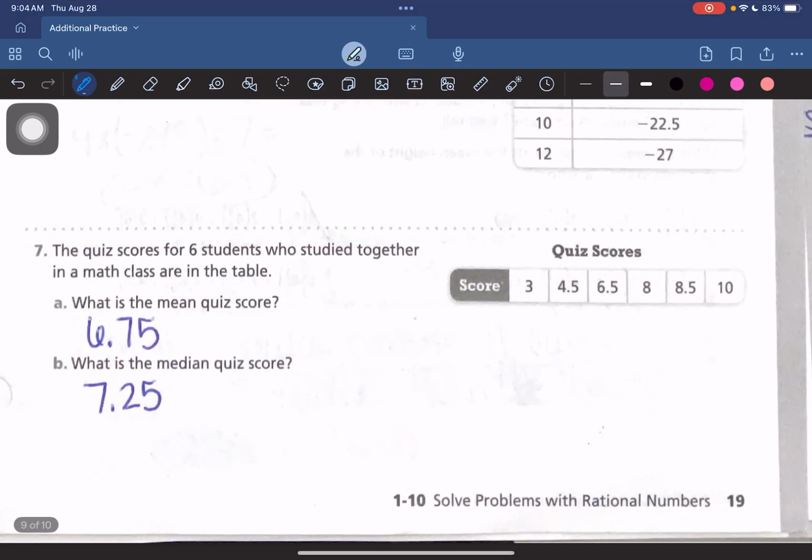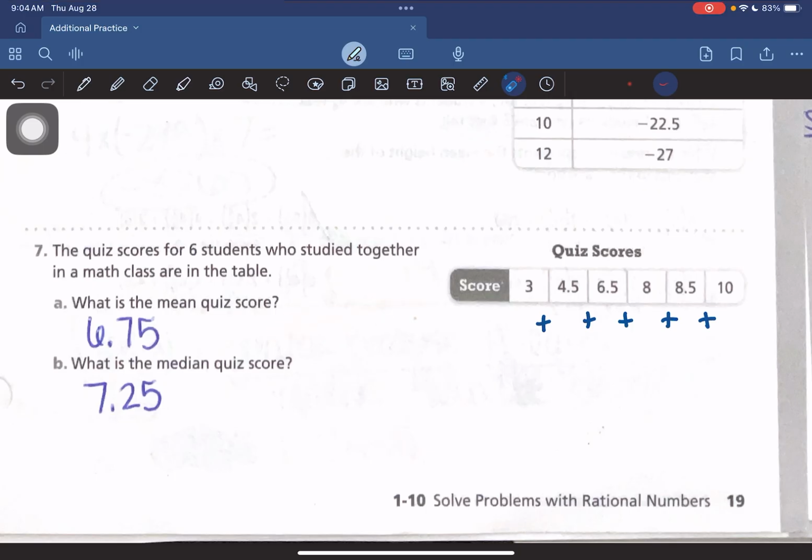Number 7, the quiz scores for 6 students who studied together in a math class are in the table. What is the mean quiz score? Remember, that is where we add them all up and then we divide by the total number of quiz scores. There are 1, 2, 3, 4, 5, 6. So you would take your sum, divide by 6, and we can see that the mean or the average quiz